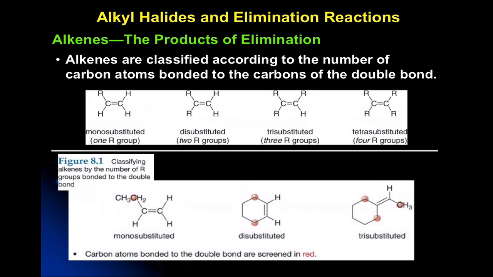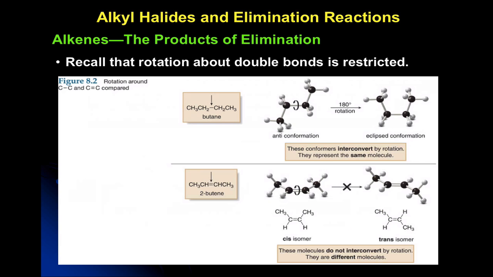So if we look at some common ones, here we have a monosubstituted. What's the name of this one? 1-butene. Here we have a disubstituted. Notice that we're using these little colored spheres to indicate the substitution. How would we name this one? Cyclohexane, and here, cyclohexene, excuse me. And here we have a trisubstituted alkene. Now, we all know that